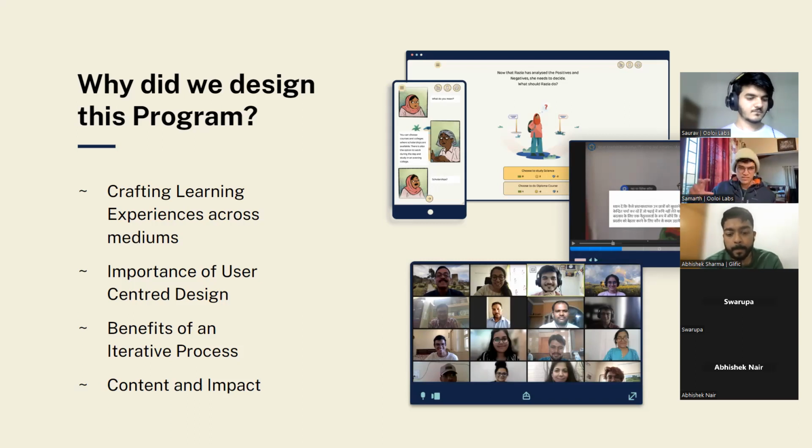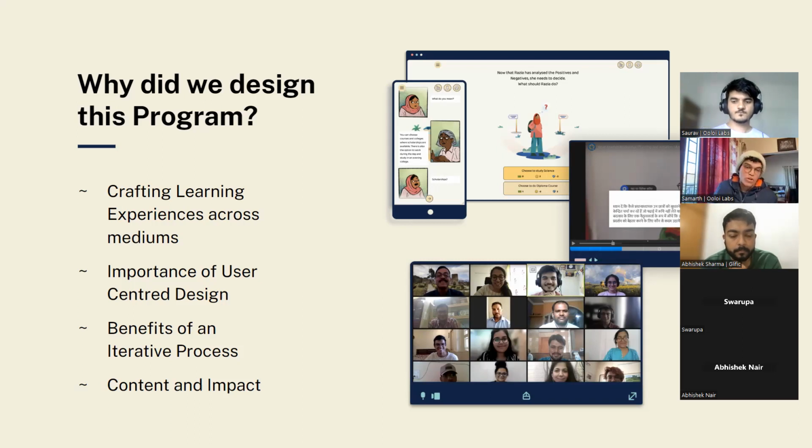And all of these learning experiences that we've been crafting have been very specifically with a specific user and a context in mind. We also realized that the formats themselves are very powerful. So even say WhatsApp Business API, the way Glific is using it, is extremely powerful to be able to put your content across. But if that content is not designed keeping that user and their context in mind, many a times you end up alienating them just by an excess of content, or just by not really understanding the very specific sensitive scenarios that they're existing in, right?